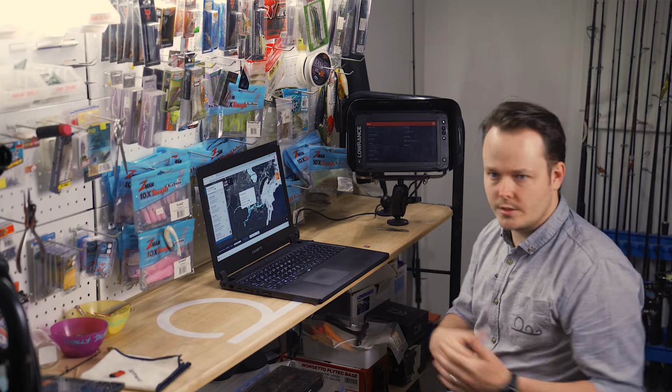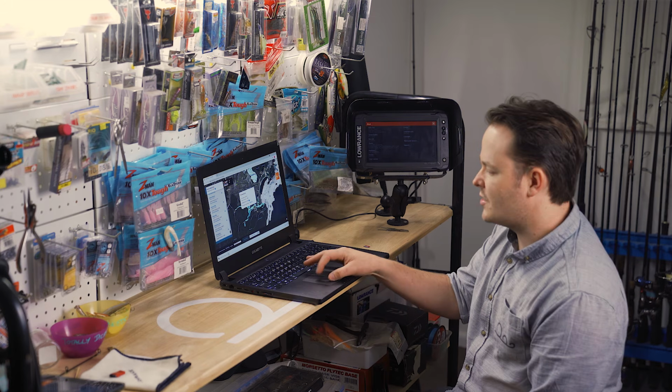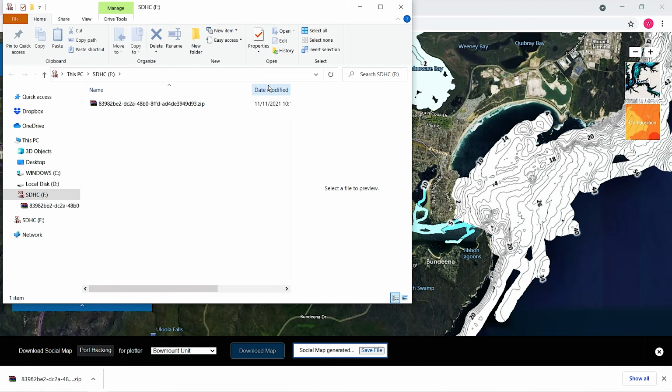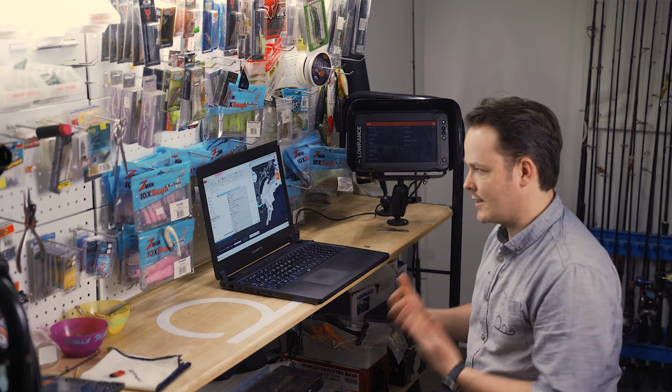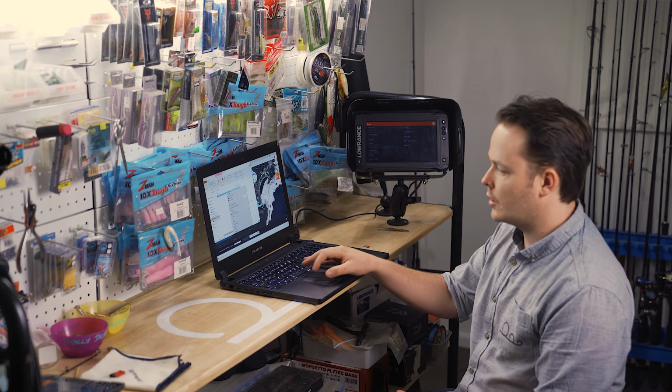Once that's ready, I'm going to go save link as, and I'm going to place this into my SD card. You don't have to download it directly into your SD card. I just find it's a little bit easier. So the file that's downloaded is actually a zip file, and it's full of gobbledygook. I couldn't tell you what this means, but what we need is actually inside the zip file. So we're gonna uncompress it,